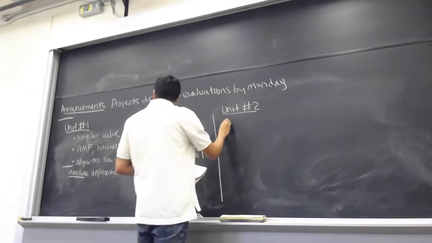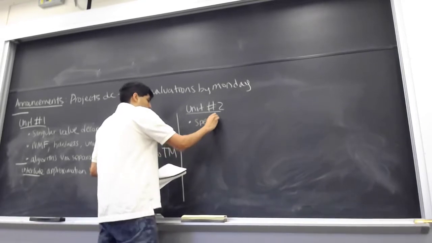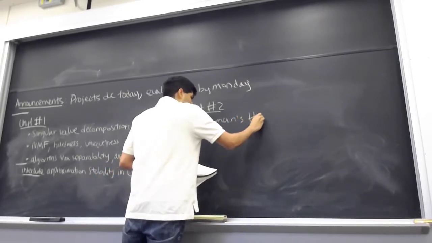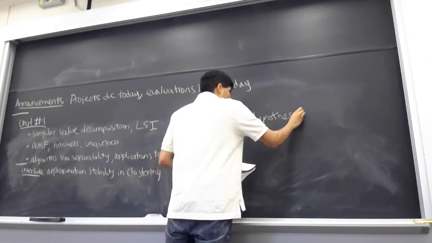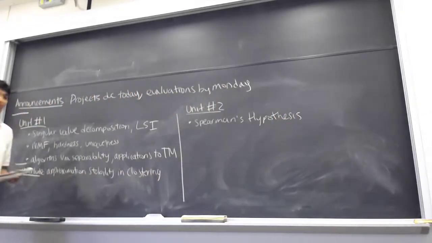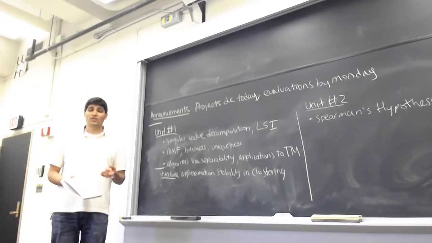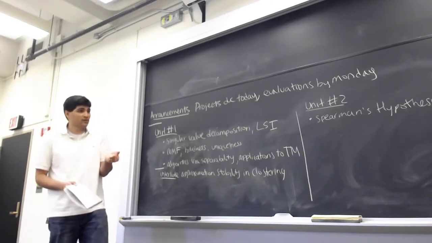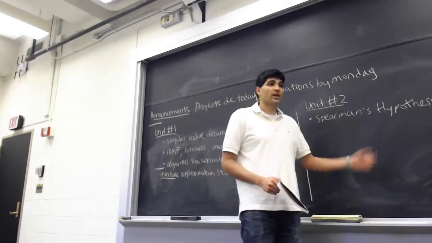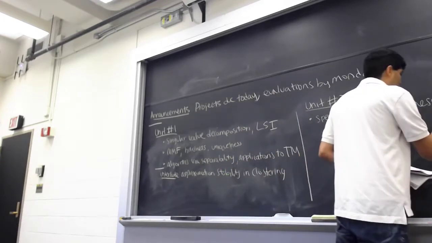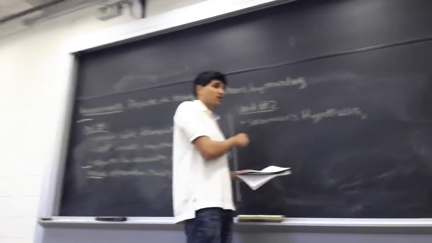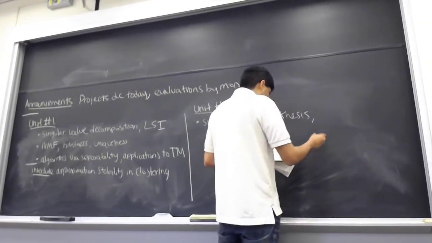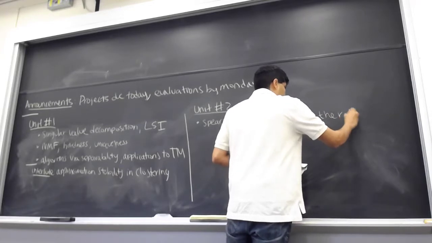So we talked about Spearman's hypothesis. Can anyone remind me what Spearman's hypothesis was? Anyone remember? Verbal versus math? Yes. It's that if you're good at math, you should be bad at linguistic things. Or, well, more precisely, what he did was, he had that belief that you could explain test scores using just people's aptitudes in technical things versus literary things, and that you could explain how these students did on different tests. But this is one of the earliest applications of factor analysis, but there's a fundamental issue at play here, which was the rotation problem.